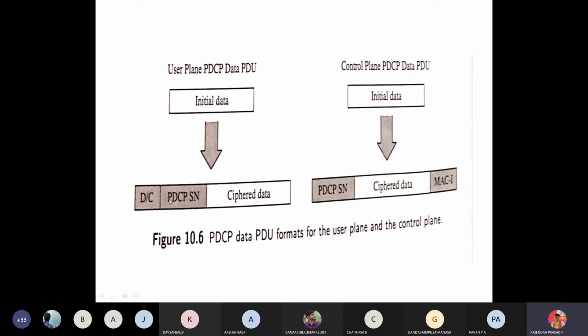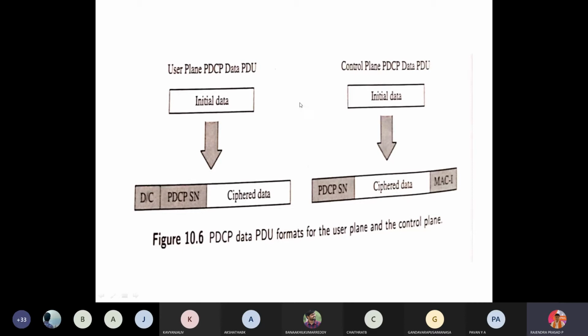And this we call the PDU format, protocol data unit format. Your information will be converted into three sections: one is ciphertext, one is the PDCP sequence number, and one informs whether it is a data unit or a control unit. So this is the PDU format at the user plane.